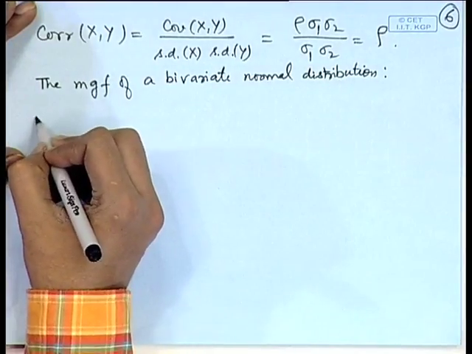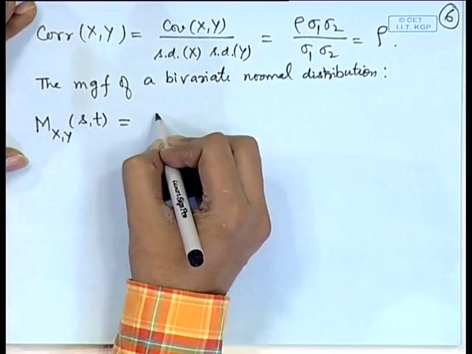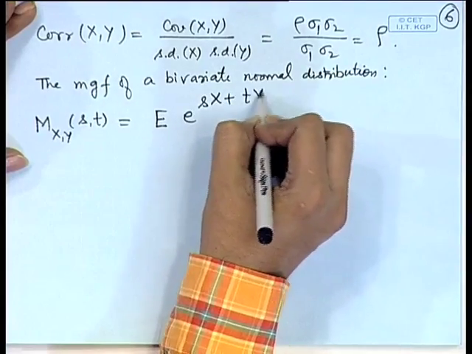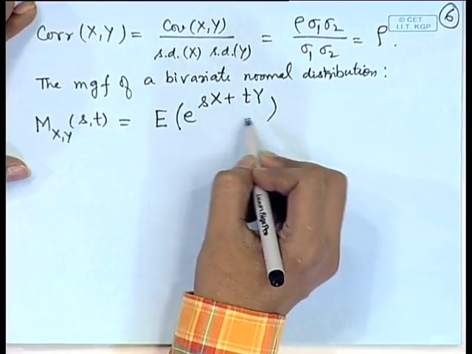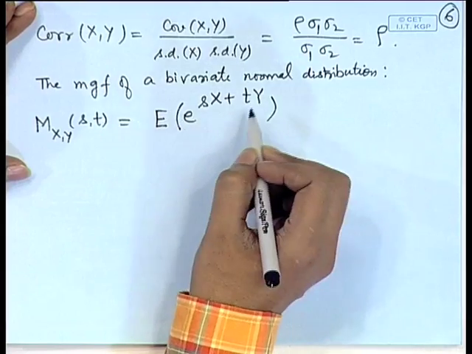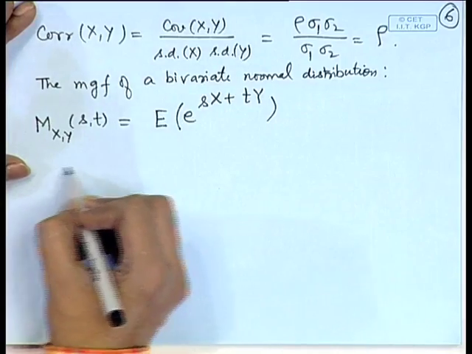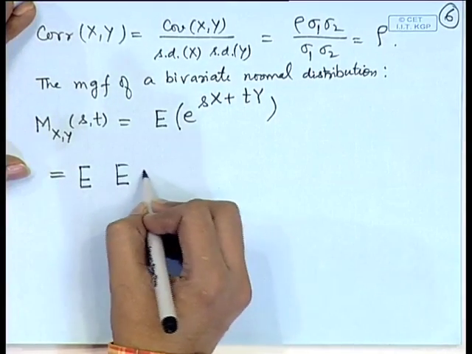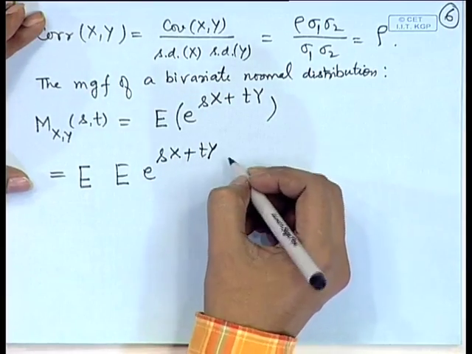So, it is defined as M(s, t) = E[e^(sX + tY)]. Now, again you can see that this is some function g of x, y. So, the joint expectation we can calculate easily in terms of the conditional and the marginal expectations. So, we will use that: we can write it as the expectation of the conditional expectation of e^(sX + tY) given, say,